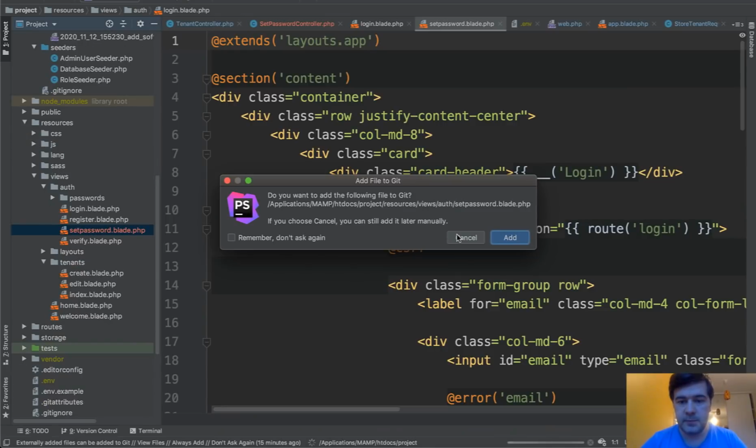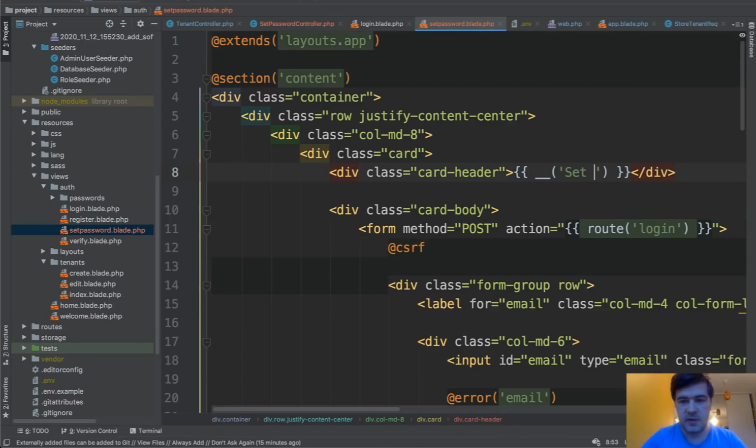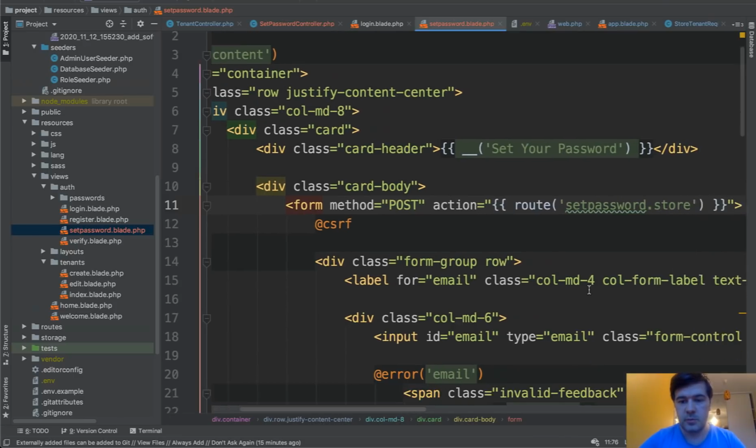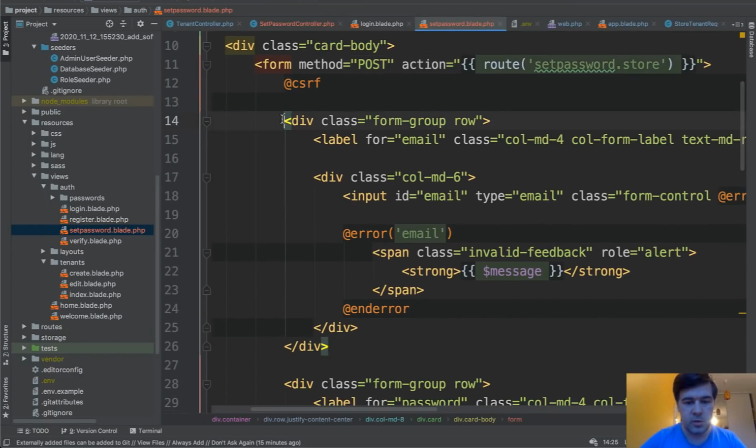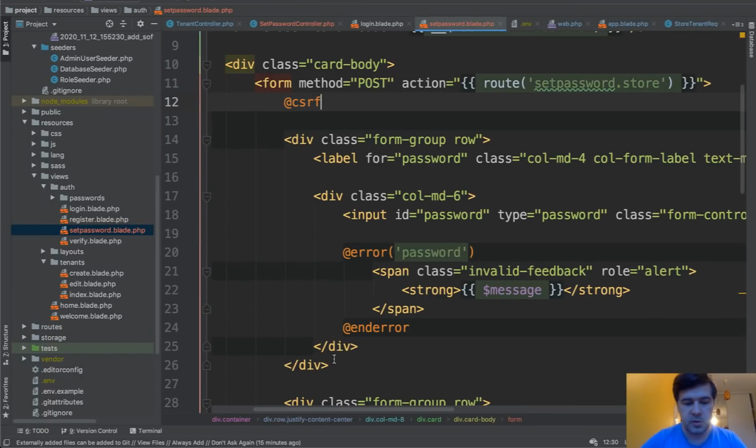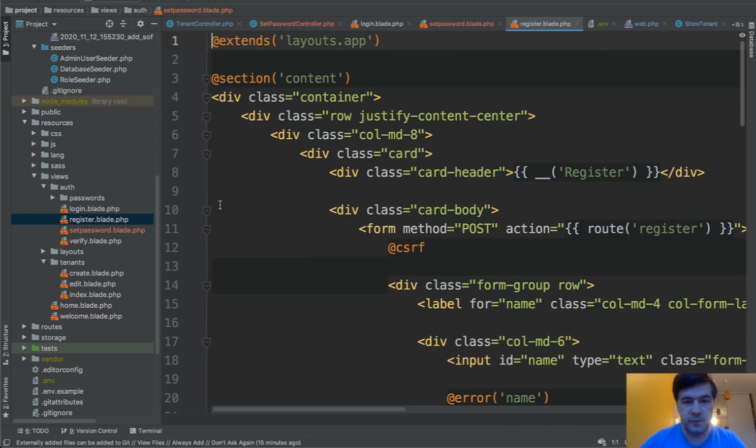In the set password blade, we change this to "set your password", and the form action will be set password store, so we store the password. Then we need only one field. Actually, let's copy from register. There are two fields for